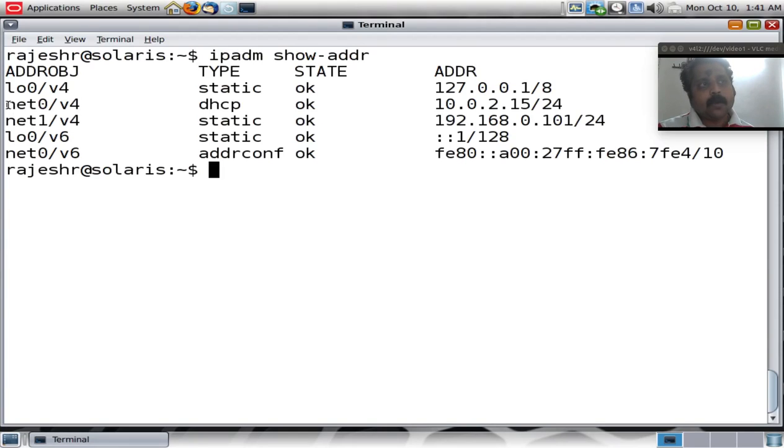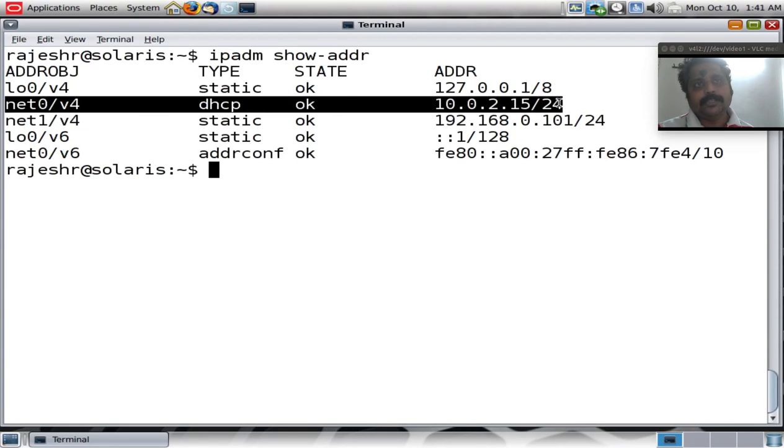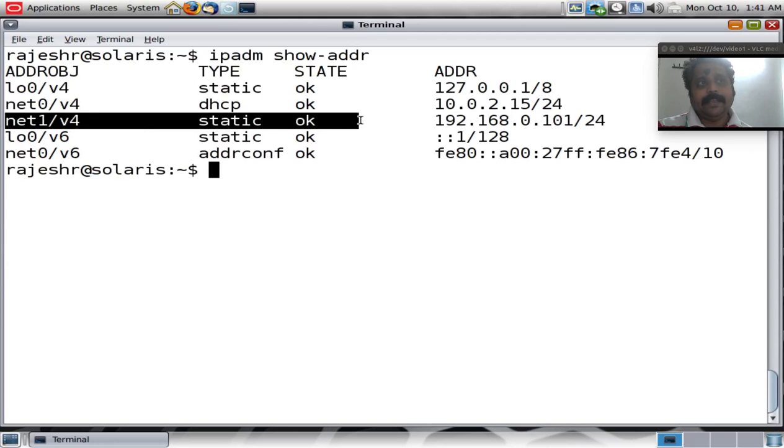You would remember one of the adapters is using network address translation for my desktop based Solaris 11. I could connect to the outside world because of this specific IP address. The second adapter of my live media installation is an internal network, and I have mentioned the IP address statically here. Again, the commands that are used to set up an IP address statically, all those will be discussed in a separate episode. I have done this already here.